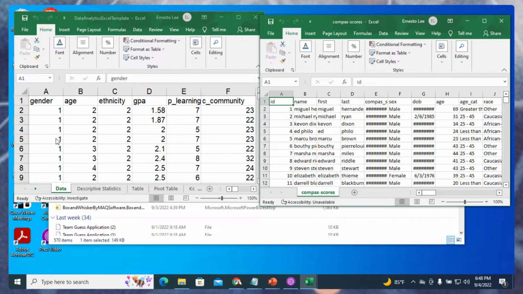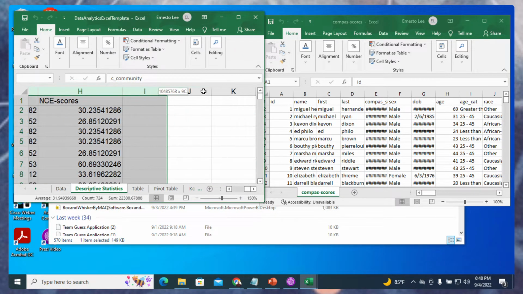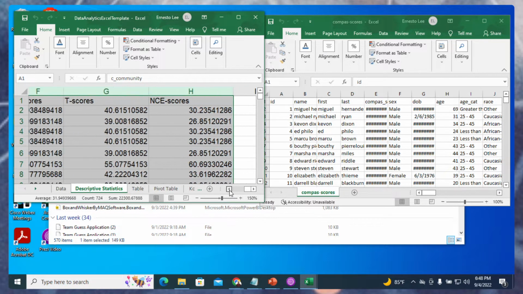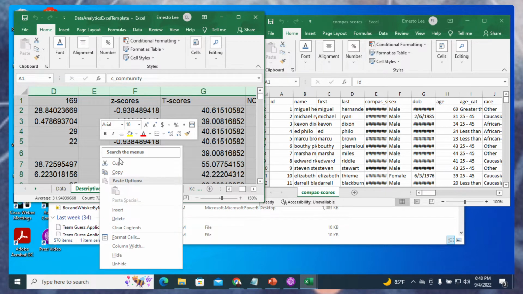Okay. So in the Data Analytics Excel template, go to Descriptive Statistics, and this will all make sense very shortly. Click on the Descriptive Statistics tab, and I want you to click on the letter A, hold down on the mouse, and drag over until you get to column H. So I want columns A through H selected. Then I just want you to right click and copy,